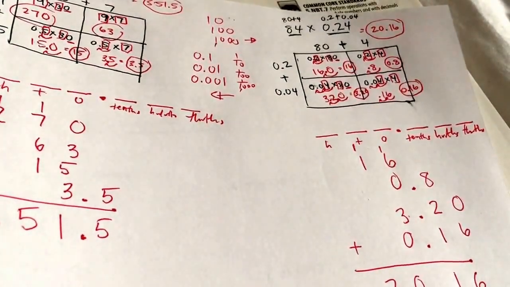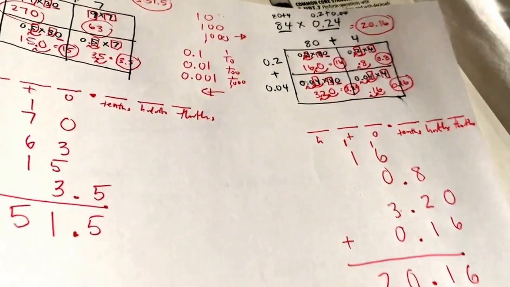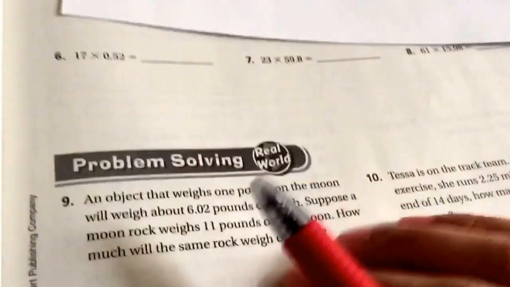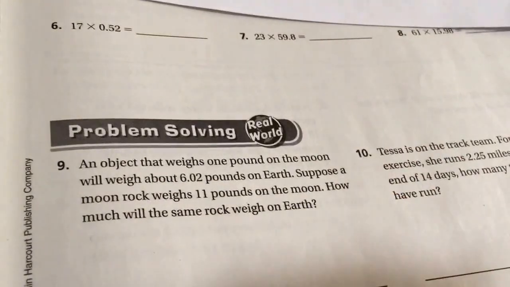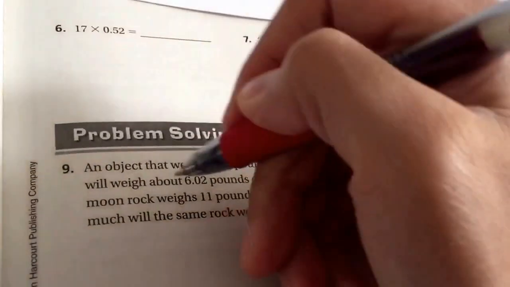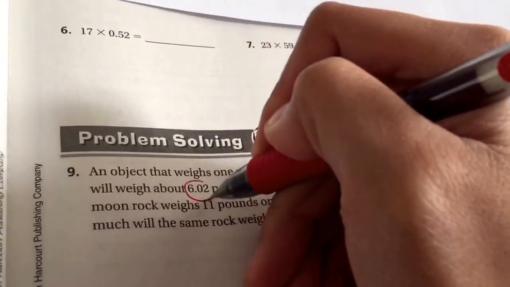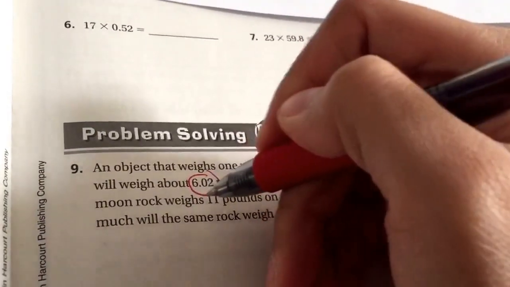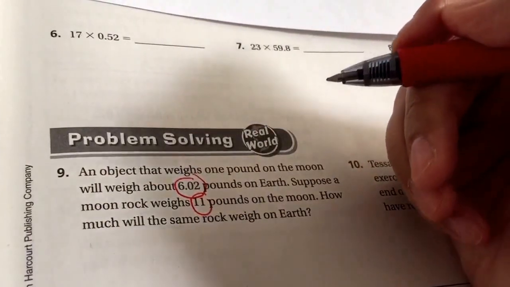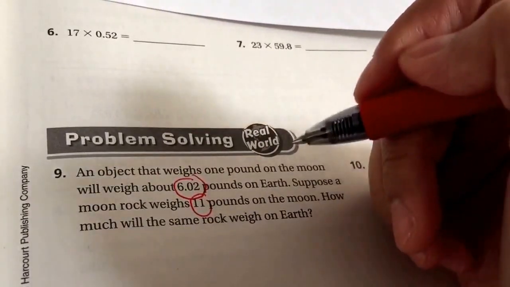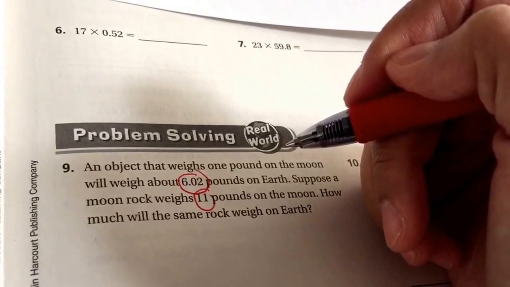I am going to help start you off on the word problem, but I'm not going to solve it for you. So, an object weighs 1 pound on the moon. An object that weighs 1 pound on the moon will weigh about 6 2/100ths of a pound on Earth. Suppose a moon rock weighs 11 pounds on the moon. How much will the same rock weigh on Earth? So,